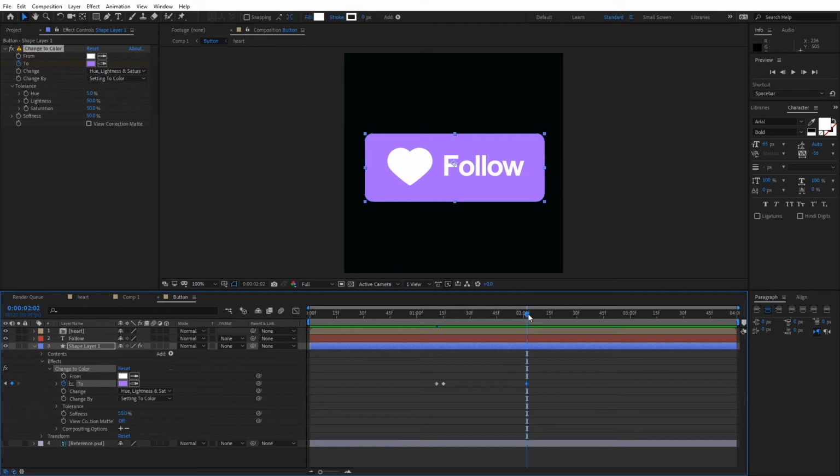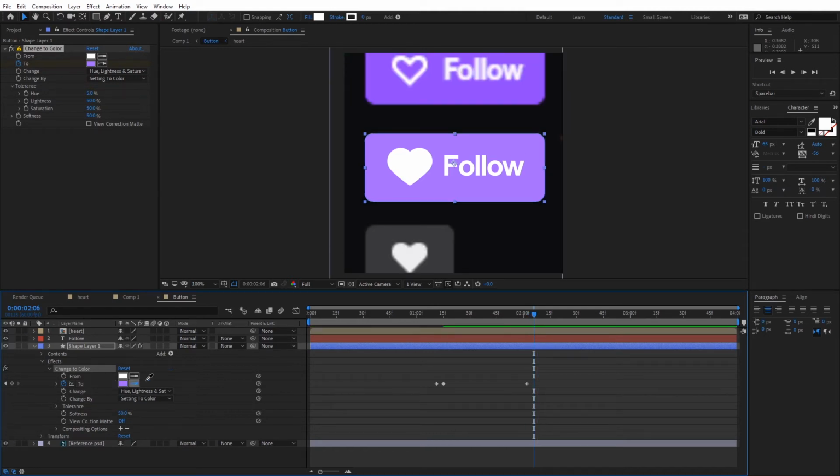If we move forward 4 frames, 1, 2, 3, 4, and turn on our reference, we can again pick the eyedropper up to get to the grey. So as we click, it goes to grey, and as we saw in the reference, it takes a little bit of a pause and then it will collapse itself to the normal size. So going to the shape layer, I'm going to have a pause of 4 frames,